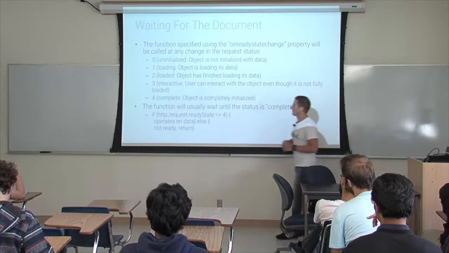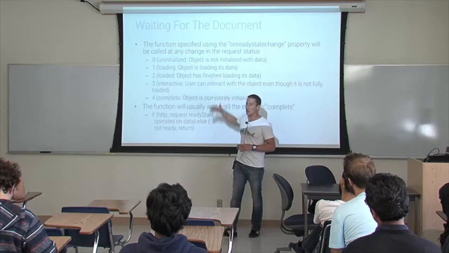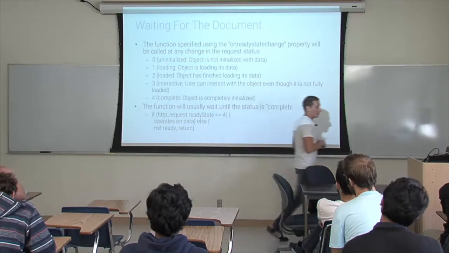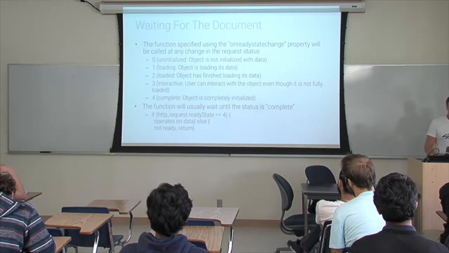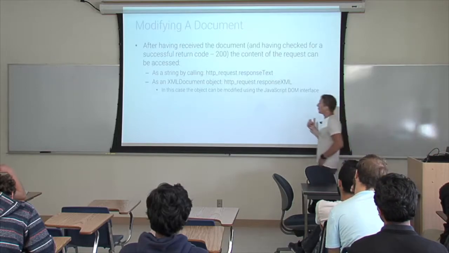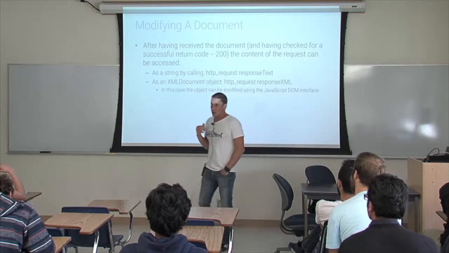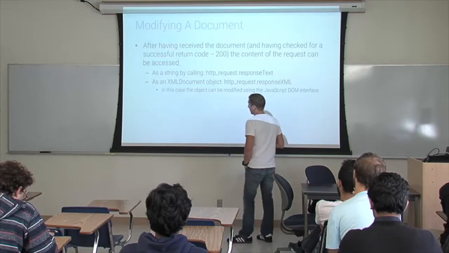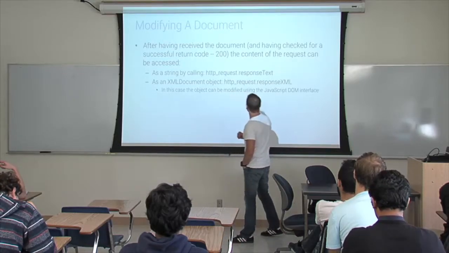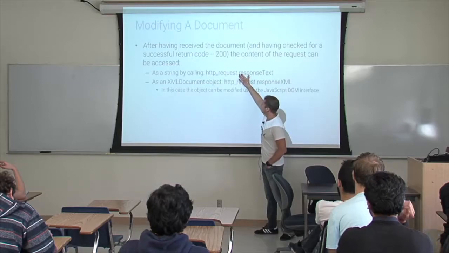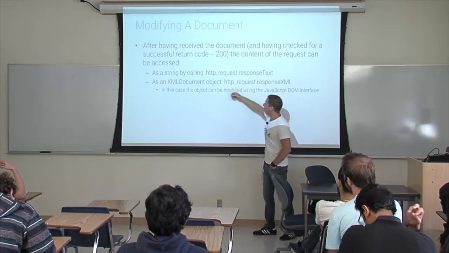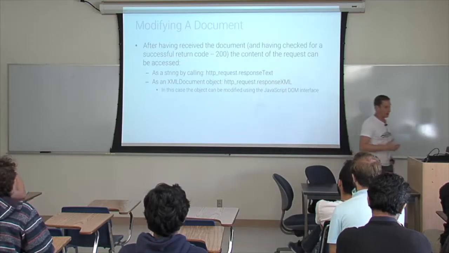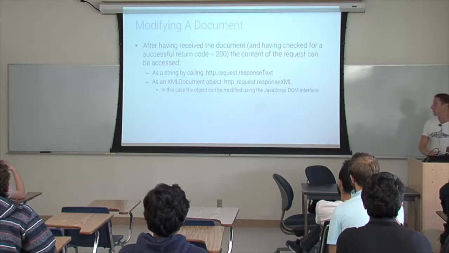Of course, you can also have some code associated with loading, where you put the spinning wheel of death in front of your information, whatever you want. After you get this, you use the document interface, the DOM, to modify the content. You can have the content that you retrieve as actual text, or you can get your response as XML, and in that case, you can use the DOM interface to modify it.